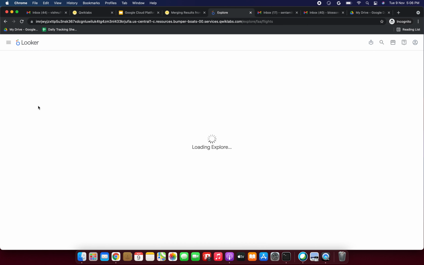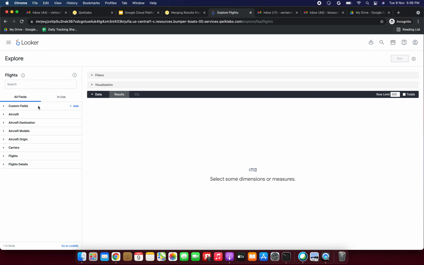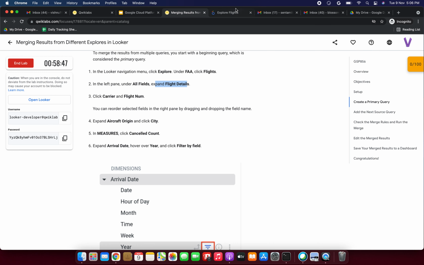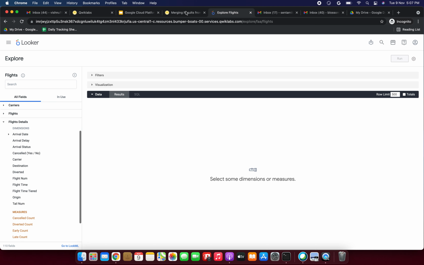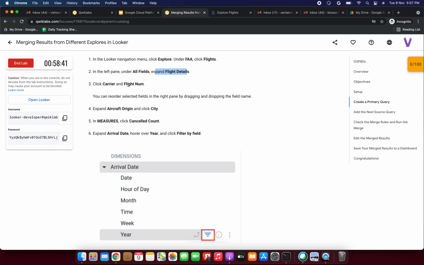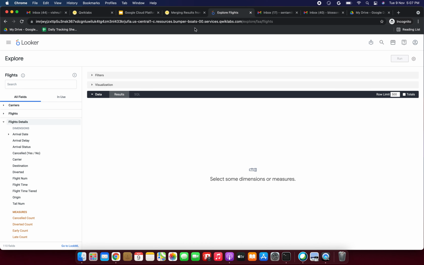Loading the explore now. So here you can see Flight Details, I have expanded that one. And next is click Carrier and Flight Num.